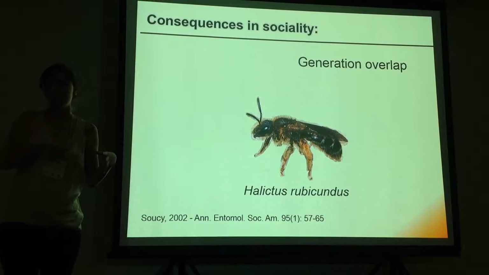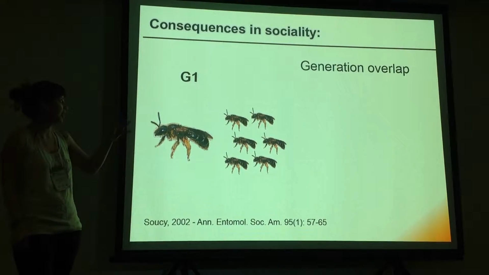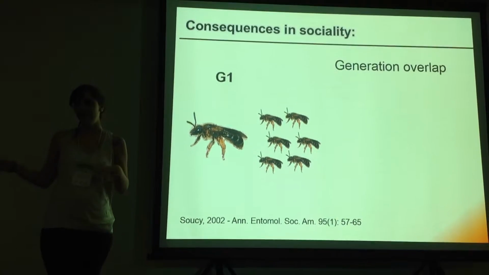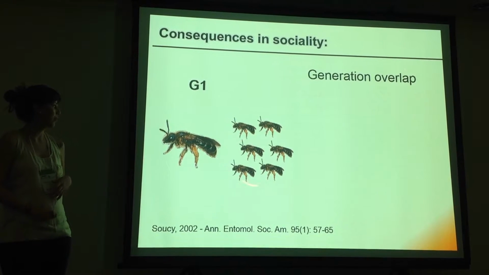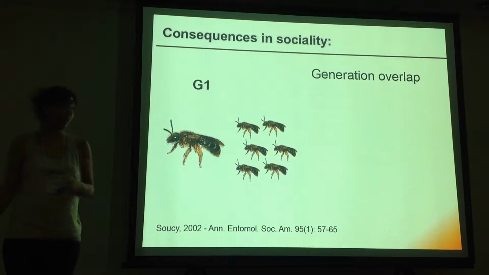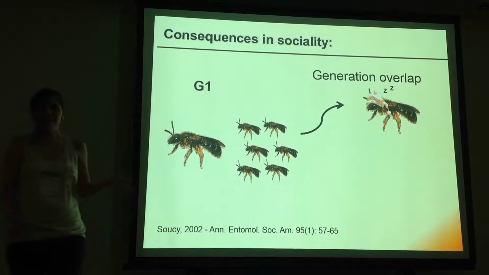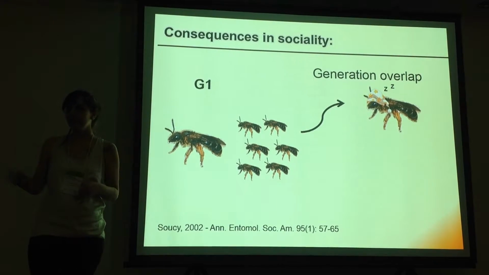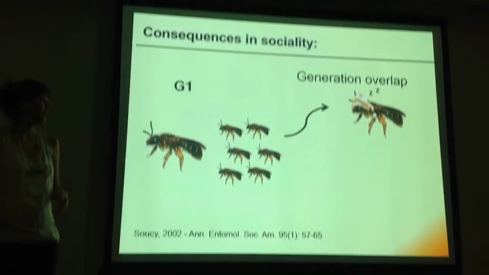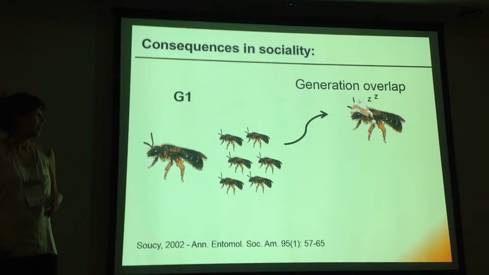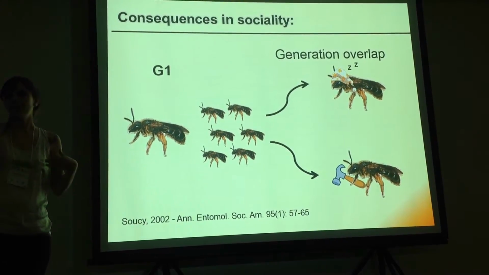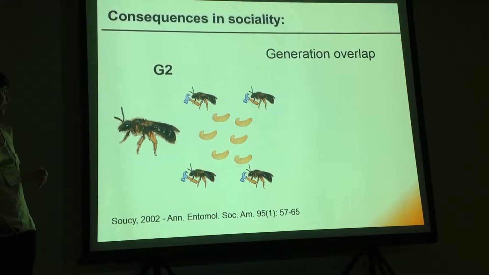In more detail, in generation 1 of this species, the founder will construct the nest, and she will look for all the provisions for that nest, and then the first brood will be biased for females, so you have 75% of these broods being females. Part of these females will follow the normal and regular process. They will leave the nest, mate, and then enter diapause to wait until the next generation to become founders as well. But part of the females will stay inside the colony and will help the founders take care of the brood in the next generation.